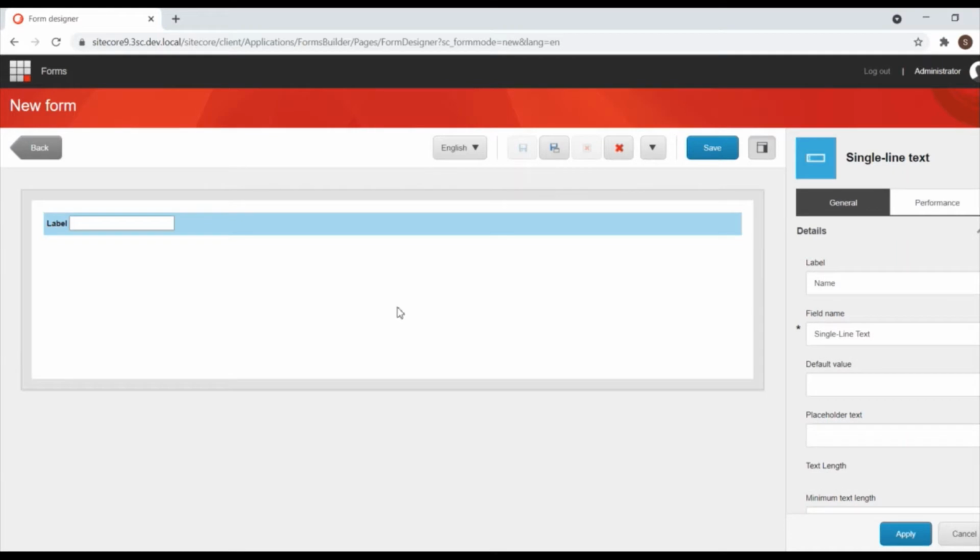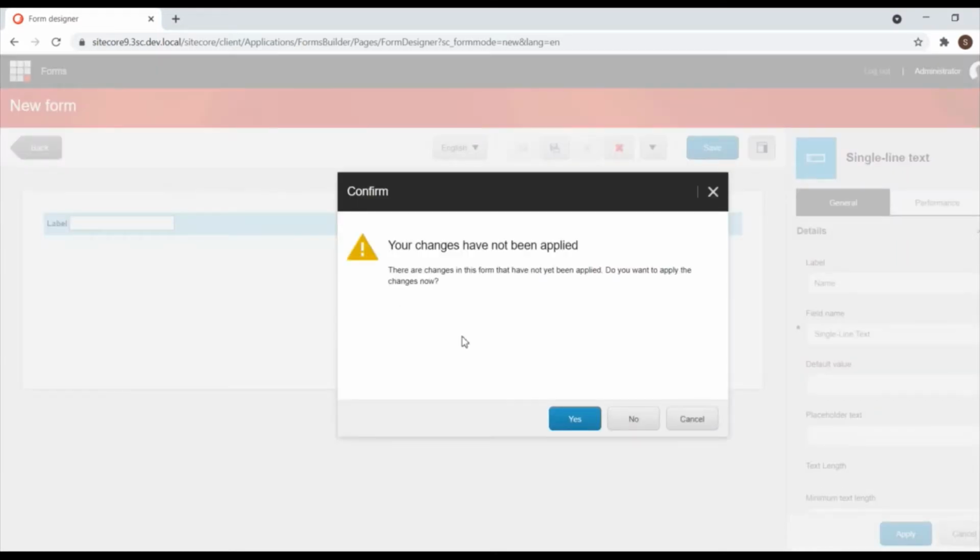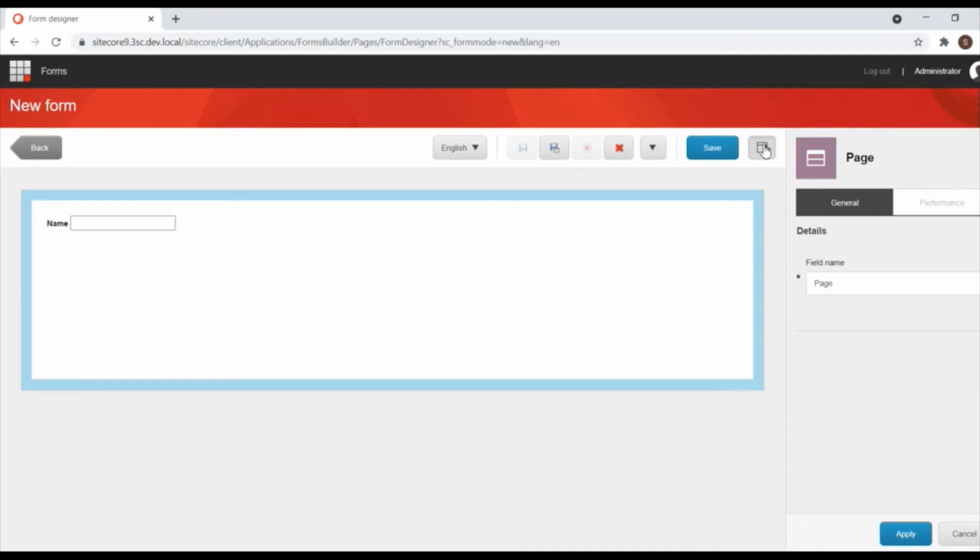Now I have created a new field and I'm going to add another field as well.